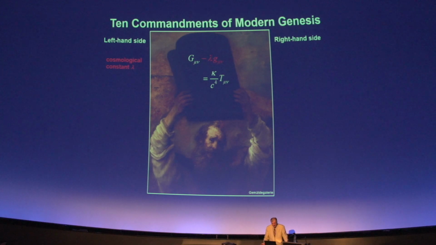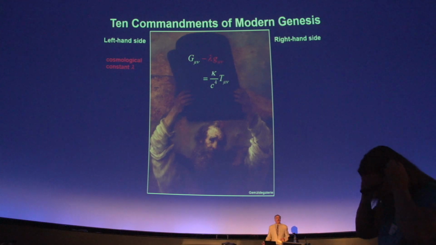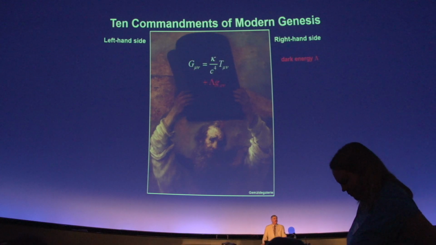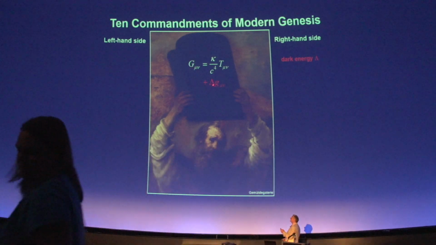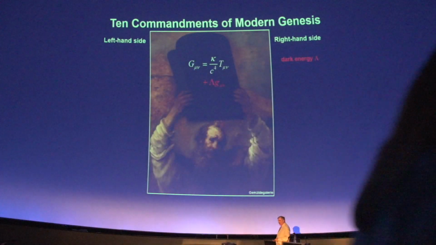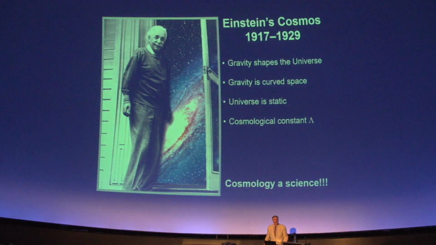Now, in the next 75 years since he did this, we've made great advances in physics. We have moved this term all the way from the left-hand side of the equations to the right-hand side of the equations. It took a lot of work. And we promoted it to a capital lambda, and instead of a cosmological term, we call it dark energy. And I'll come back toward the end of the lecture and talk about why we think that there is dark energy. So Einstein's cosmos